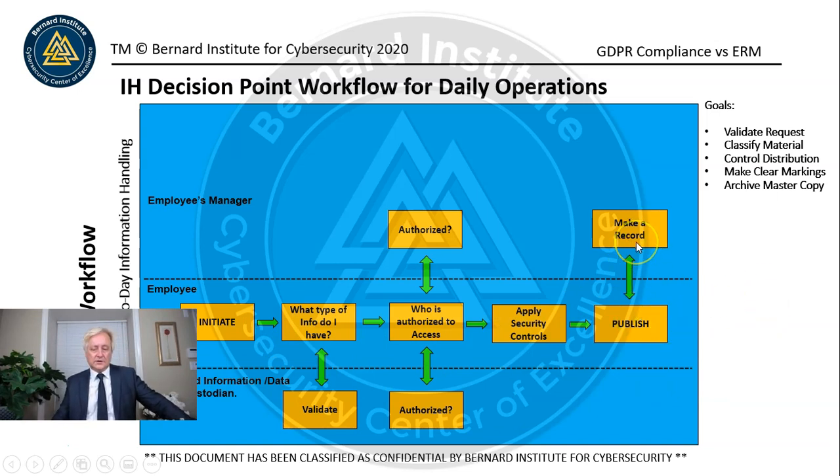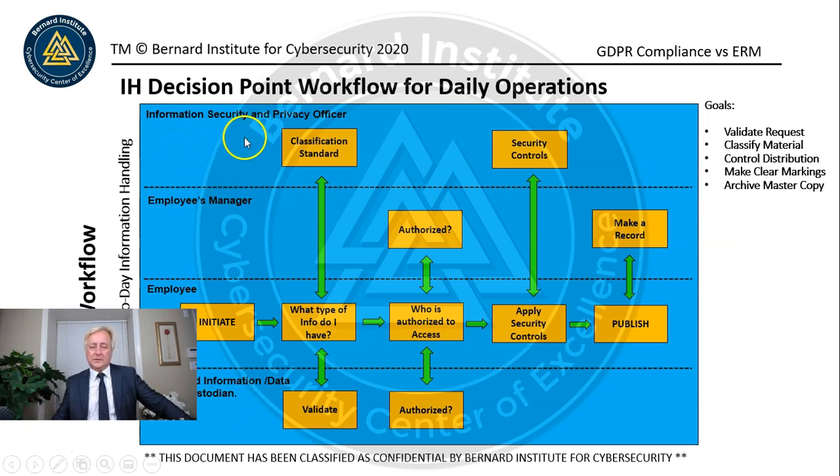Because you also need to make a record of who you send this information to, and you can't just hit the enter key and send it without going through some due diligence to make sure. And then, of course, keeping a record in case there's some follow-up action. There's some questions about who you share information with by the auditor. You need to have records. It could be electronic. It could be generated automatically when you send the information. That depends on your process.